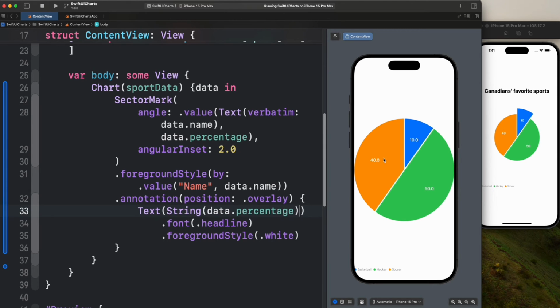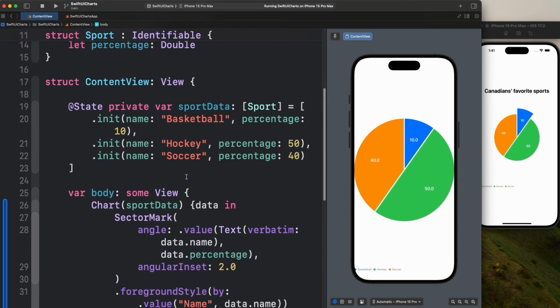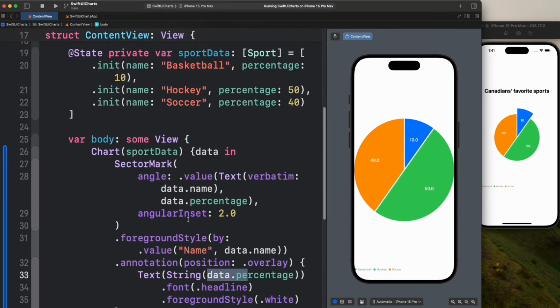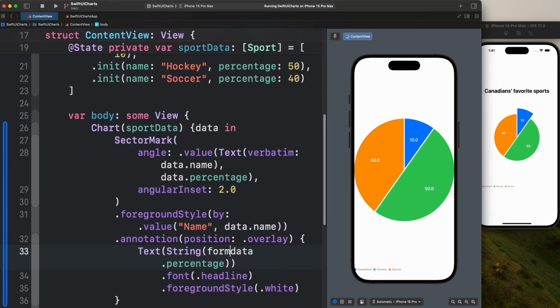But we don't want this .0 at the end. So what we want to do here is format this, because this is a double, so we have to format it into a percentage. How do we do that? Here inside our string we can specify the format. The format we want is a percentage format, so for the format we say percentage .0f,